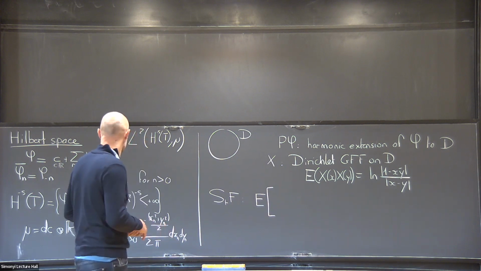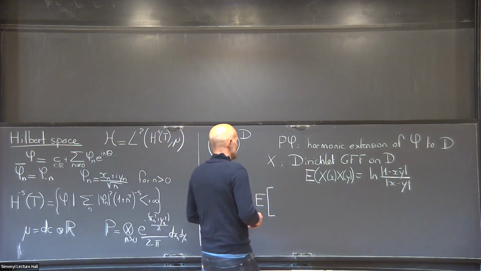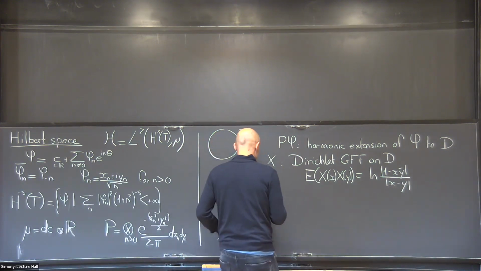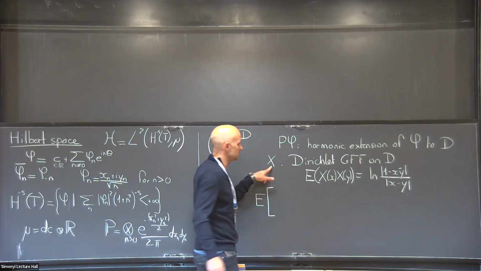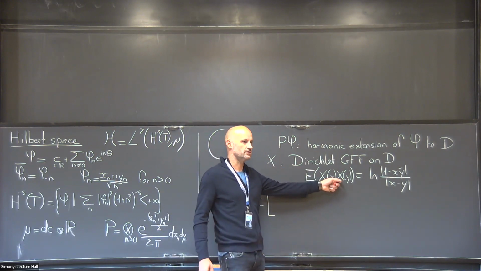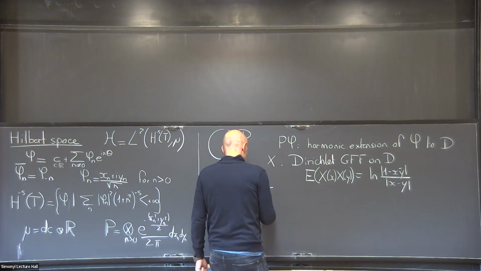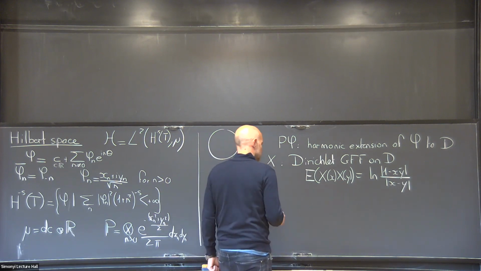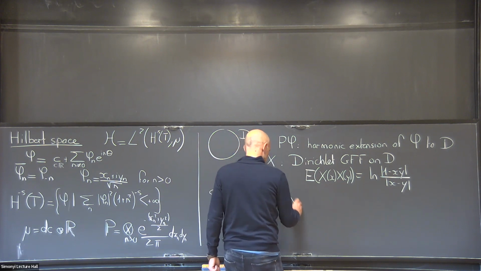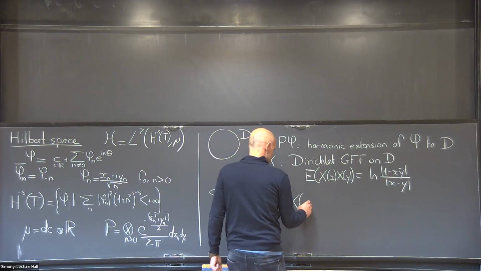Yeah, exactly. I will explain which expectation I'm taking here, because if I take a Dirichlet GFF here, this means that I have another probability measure for this guy. I'm going to explain the notation just in a minute. So now what I'm doing is that I will evaluate the Dirichlet GFF